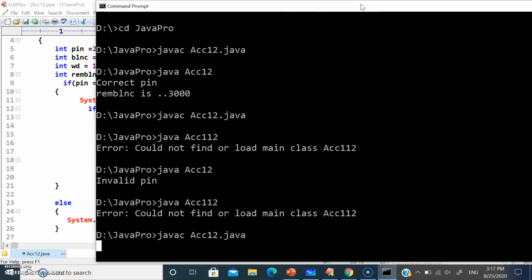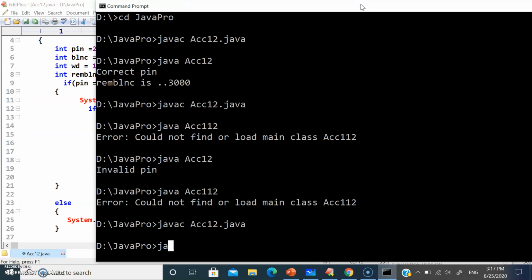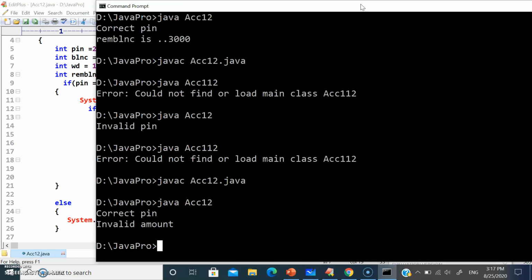Sorry guys, compiler, call your JVM, acc12. So pin is correct but invalid amount. So this is how your nested if else statement is going to work in Java.